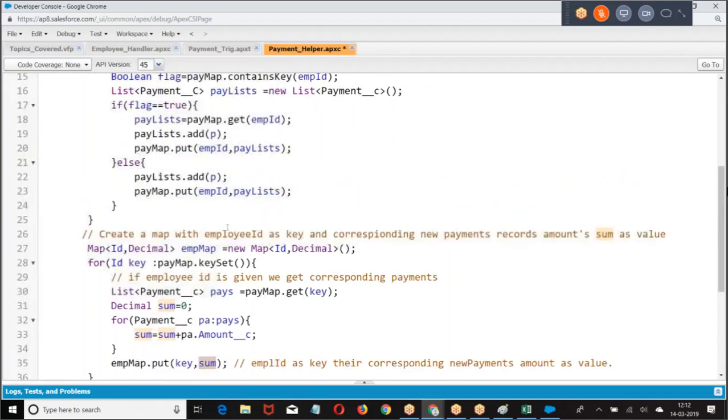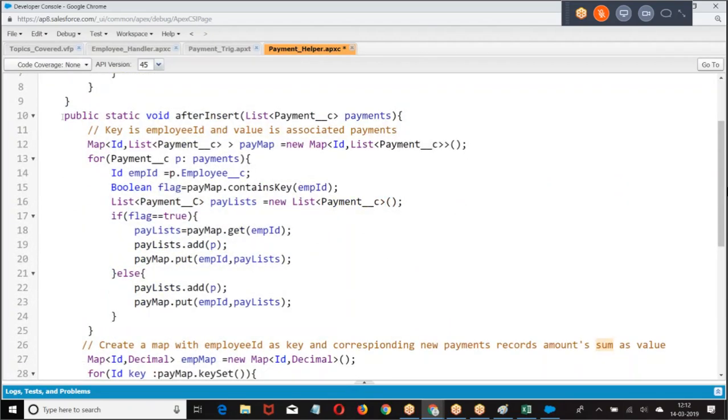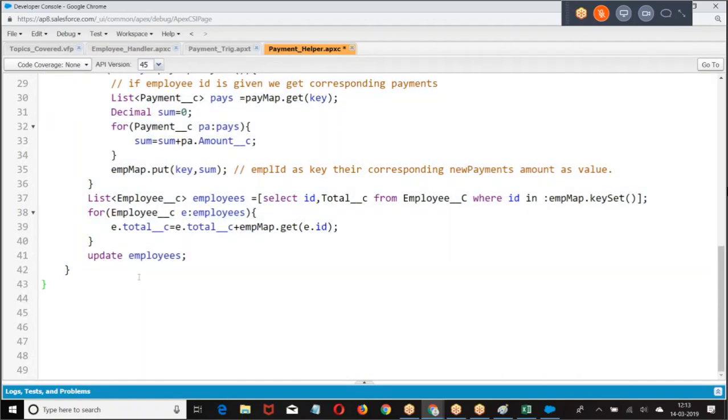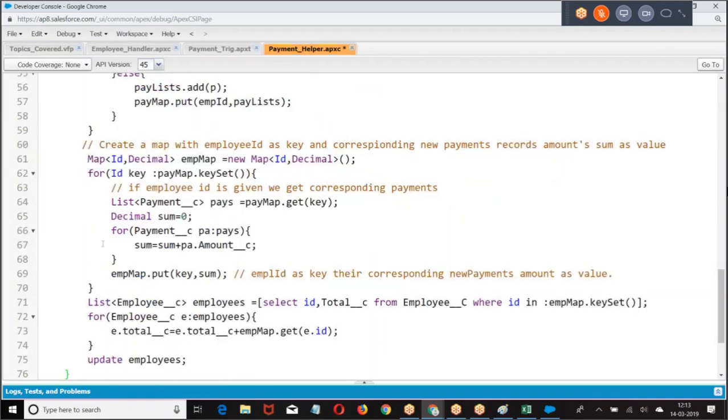Right. Now, the same code, I want to run it as delete. If you delete, what will happen? If you delete, same logic, no difference.